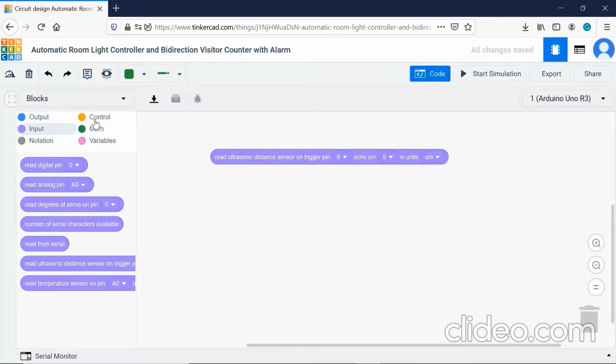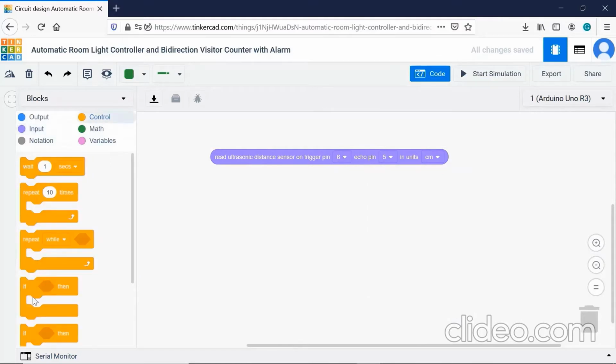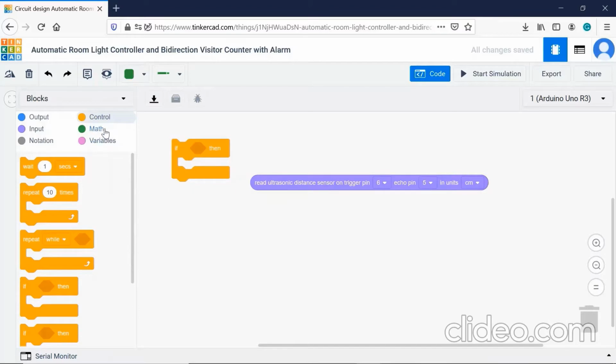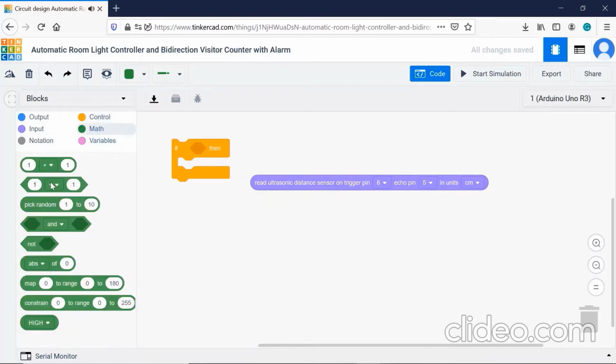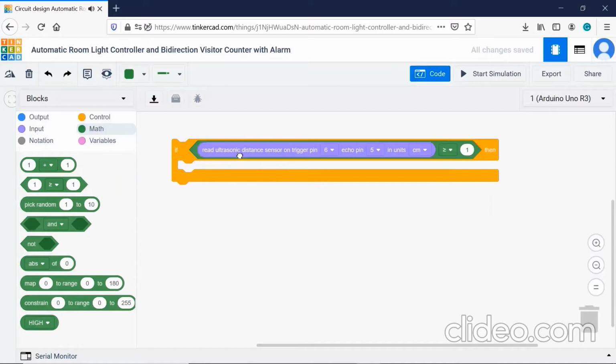Now we have to use an if-else statement. Here we will set the distance to 100 centimeters. In this case, we will increment the count by 1.